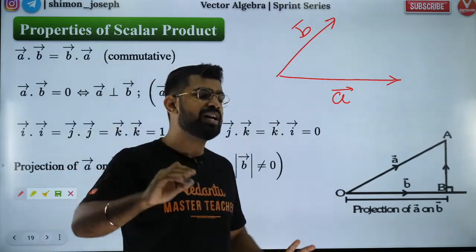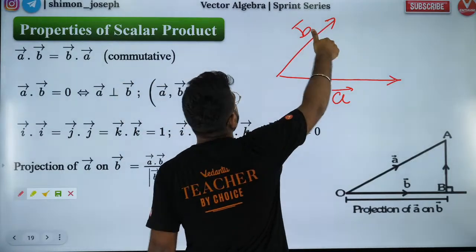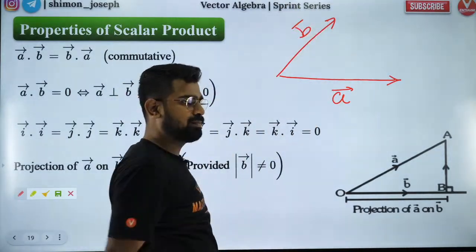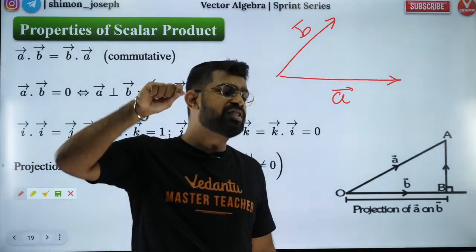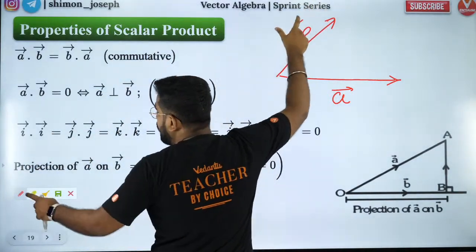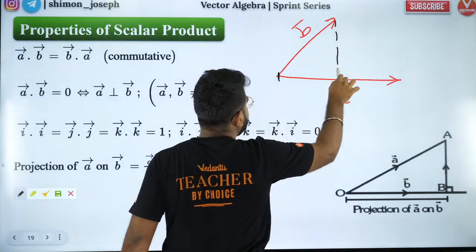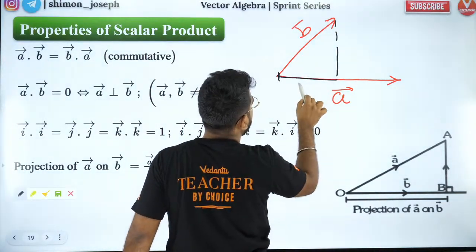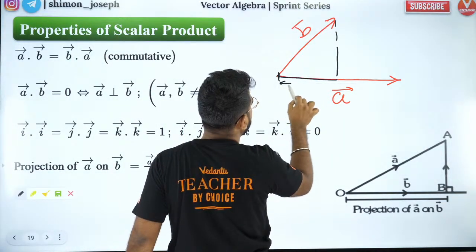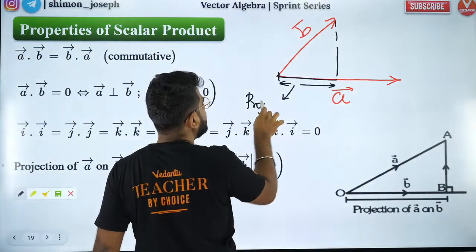Projection means you take a torchlight on top of B and you shine it. Whatever shadow you get of B on A,